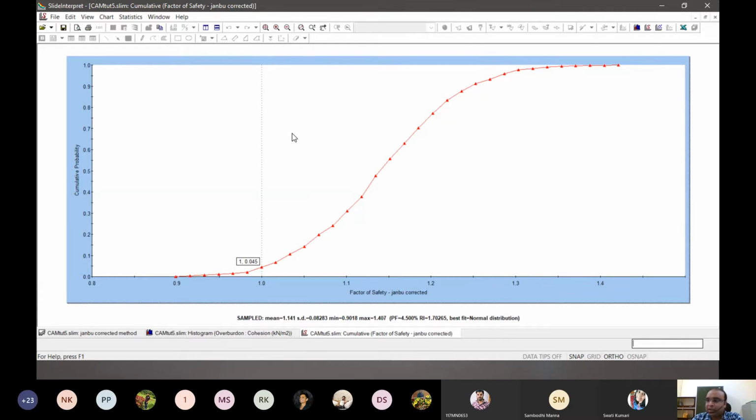Now, you see here, it has not even calculated the total number of failed samples upon the total number of samples analyzed, as is the formula for probability of failure. Still, you could get the probability of failure equal to that value by just finding the cumulative curve and finding the value at 1 and less. If we want to give a probability of failure in case we consider a threshold factor of safety as 1.5, we can do that as well.